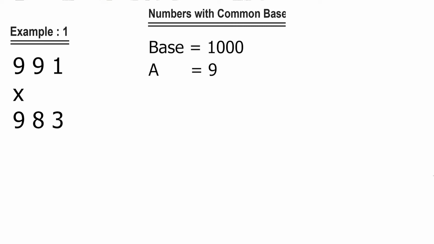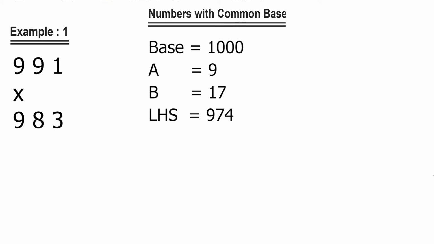Similarly, as per the method, B would be base minus multiplier, that is 1000 minus 983. So we get B as 17. Once we have the base, A and B, we start forming the left hand side of our answer, which as per our method is base minus A plus B. That is 1000 minus 9 plus 17. So the left hand side of the answer is